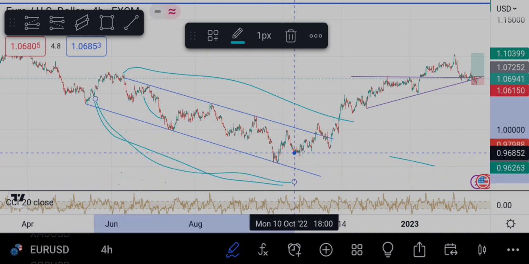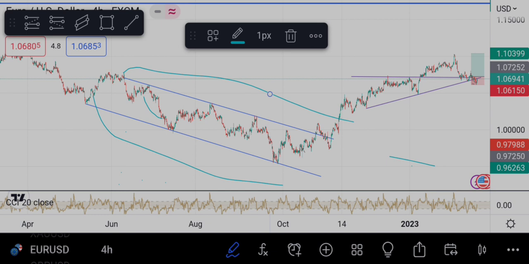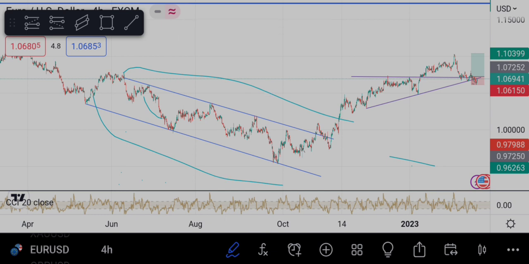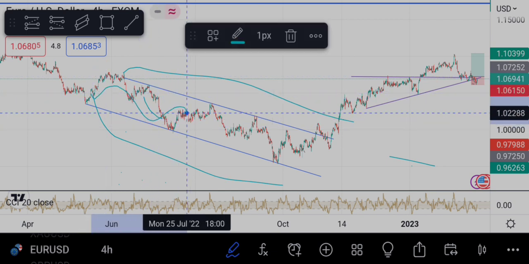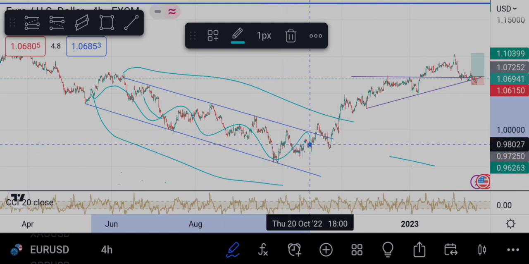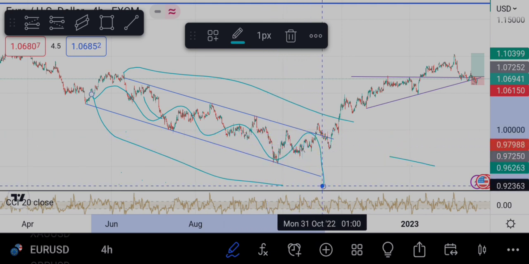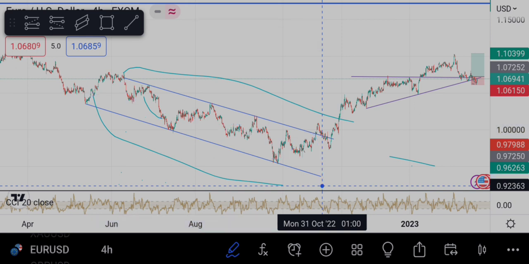So what that means is it shows that in this range here, price was bouncing up and down. So whenever I see a chart pattern like that, whenever I see that it is moving in a range,